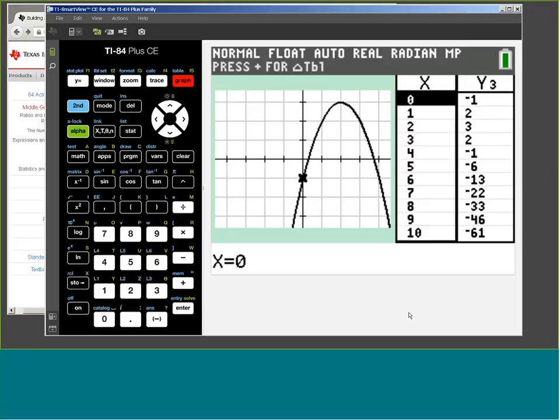But if I come over to table view, I want to call out that many of you probably do this already, where you change the table setting and actually go to table set to change the increments and such. But if you notice, when your cursor's in the X column here, there's a little breadcrumb up here that says press plus for delta table. This is on the 83 and 84 as well, except it appears the first time down here in the edit line. And when I press plus, I can actually change the increment